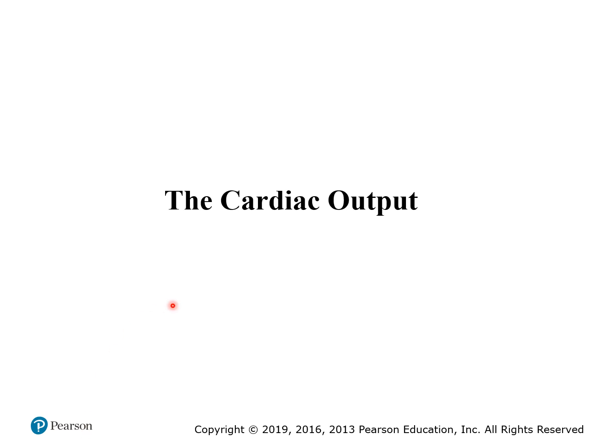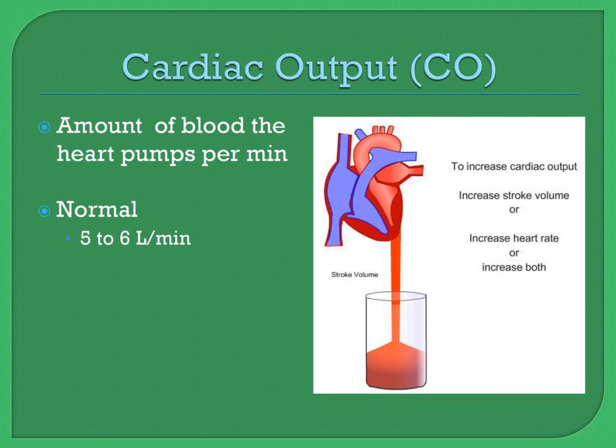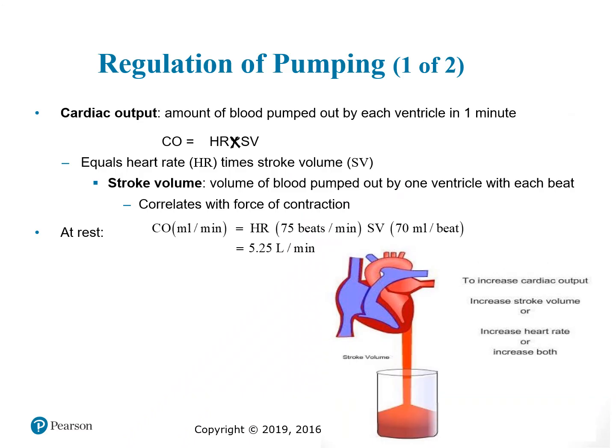In this video, we are going to learn about the cardiac output. Cardiac output is the amount of blood the heart pumps per minute. Its normal value is 5 to 6 liters per minute. So the definition of the cardiac output is the amount of blood pumped out by each ventricle in